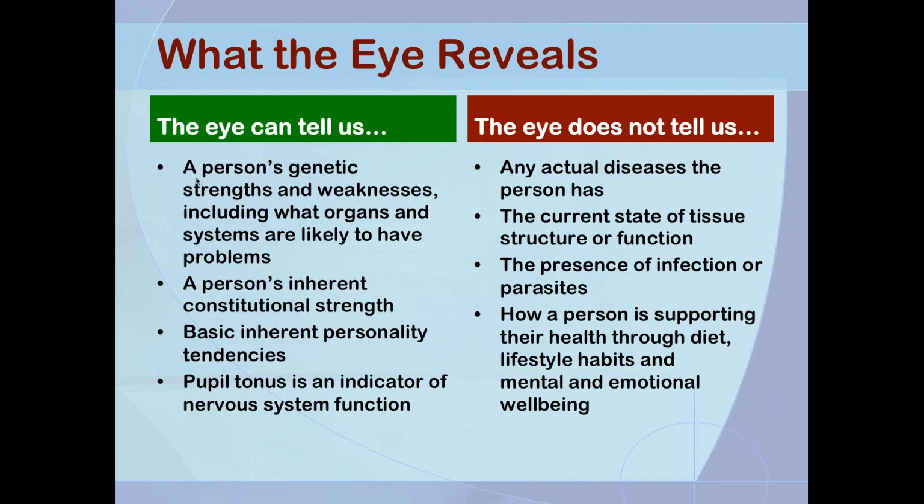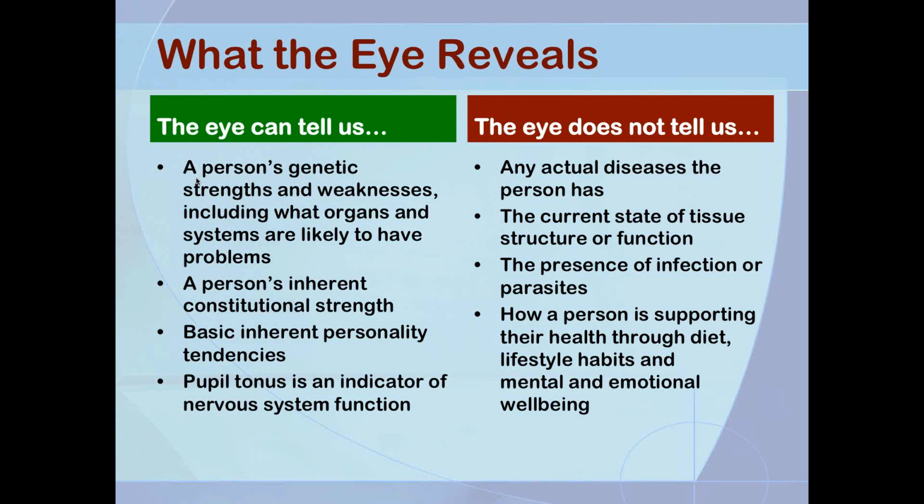You can see that it's prone towards inflammation or prone towards irritation or prone towards stagnation, but you can't see whether it is currently or not. You also can't tell how well a person is supporting their health through their diet and lifestyle and so forth. In fact, if a person is not eating healthy and they're not living a healthy lifestyle, then it's very likely you can look in their eye and basically tell them what kinds of health problems they have, which is, I think, why a lot of iridologists get away with kind of diagnosing, is because the people who are coming to see them are sick. And so if you look at